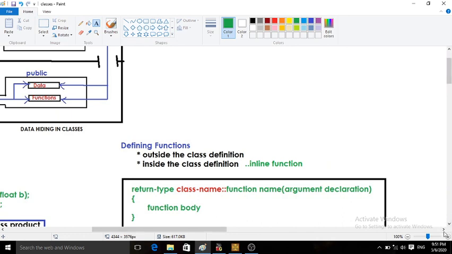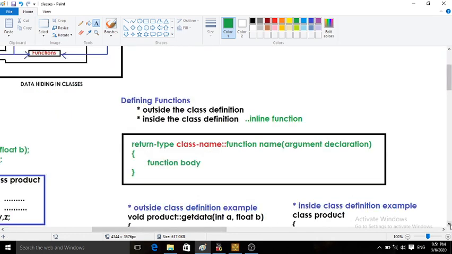Okay. So first we will see how to define a method or function outside the class. The syntax is: return type, name of the class, scope resolution operator. This red string is very important. This is an additional thing in the function definition.